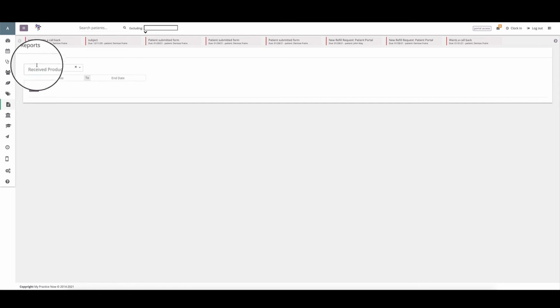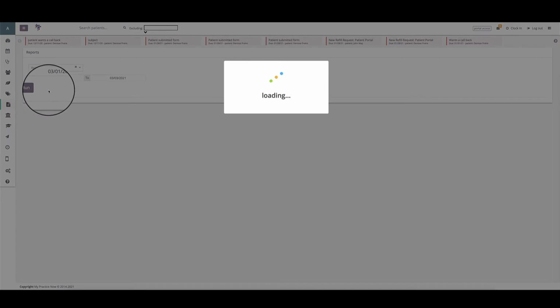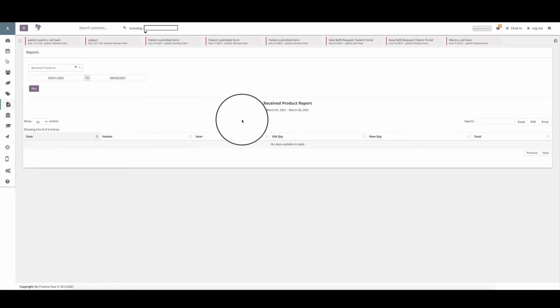The received products report is also by a date range. And this report is simply going to give you a list of all of the products that you received within this date range. You'll have the date of when you received it, the vendor, the item, the old quantity that you had before entering this product, then the new quantity and the total. You can search it, you can download it to an Excel spreadsheet, save it as a PDF, print it, select from previous dates,